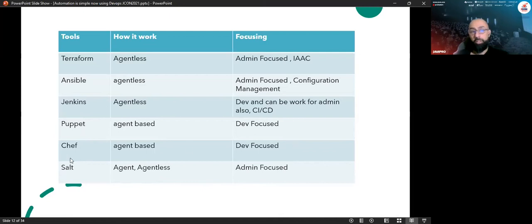For example, you can integrate Chef with Jenkins. You can integrate Chef with TeamCity or Circle CI, but you need to write something called a Chef cookbook, which actually allows Chef to understand what it's going to do during the deployment.